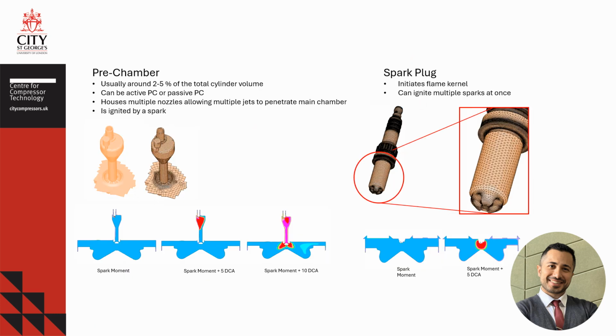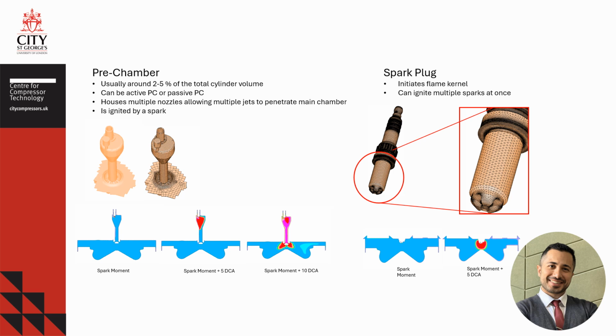Here we can see the pre-chamber and the spark plug in detail. The pre-chamber itself is usually 2 to 5% of the entire cylinder volume, so you can expect a very small confined volume within this pre-chamber compared to the overall engine. The pre-chamber can be active or passive depending on how fuel is delivered. Active pre-chamber requires a special fuel feed system which directs the fuel inside the pre-chamber. The passive fuel pre-chamber, on the other hand, relies on the compression stroke to fill the pre-chamber with the pre-mixed